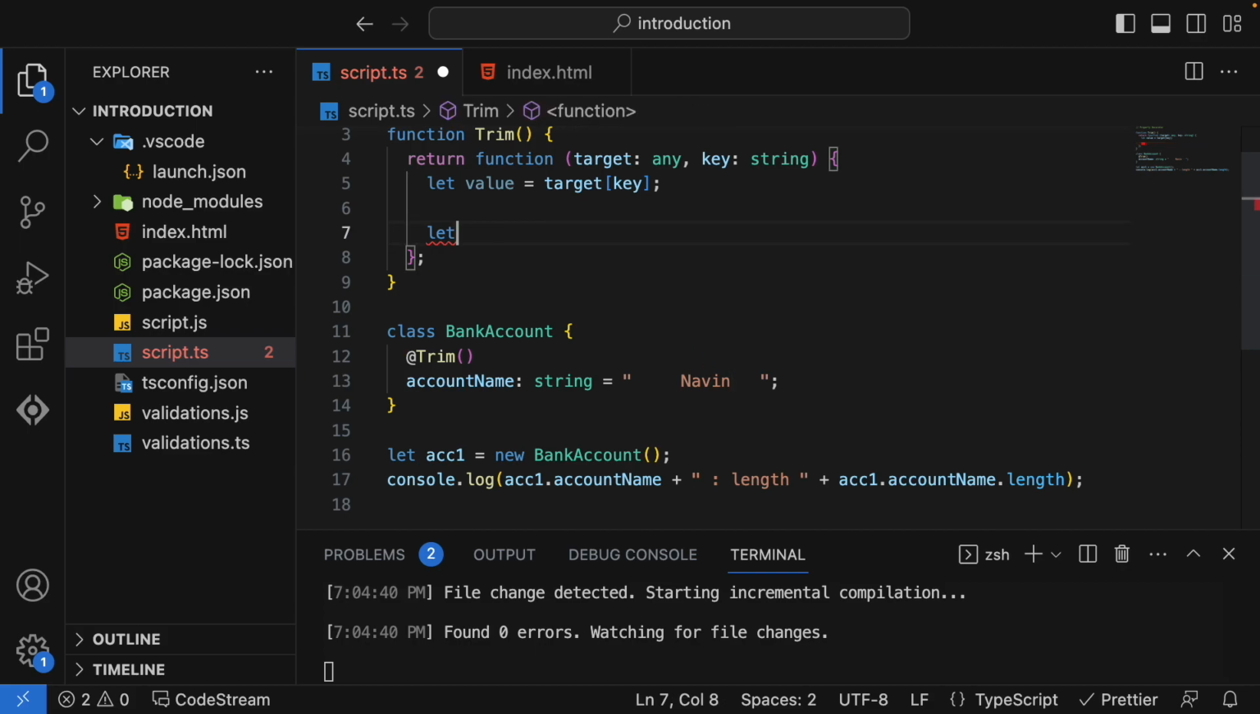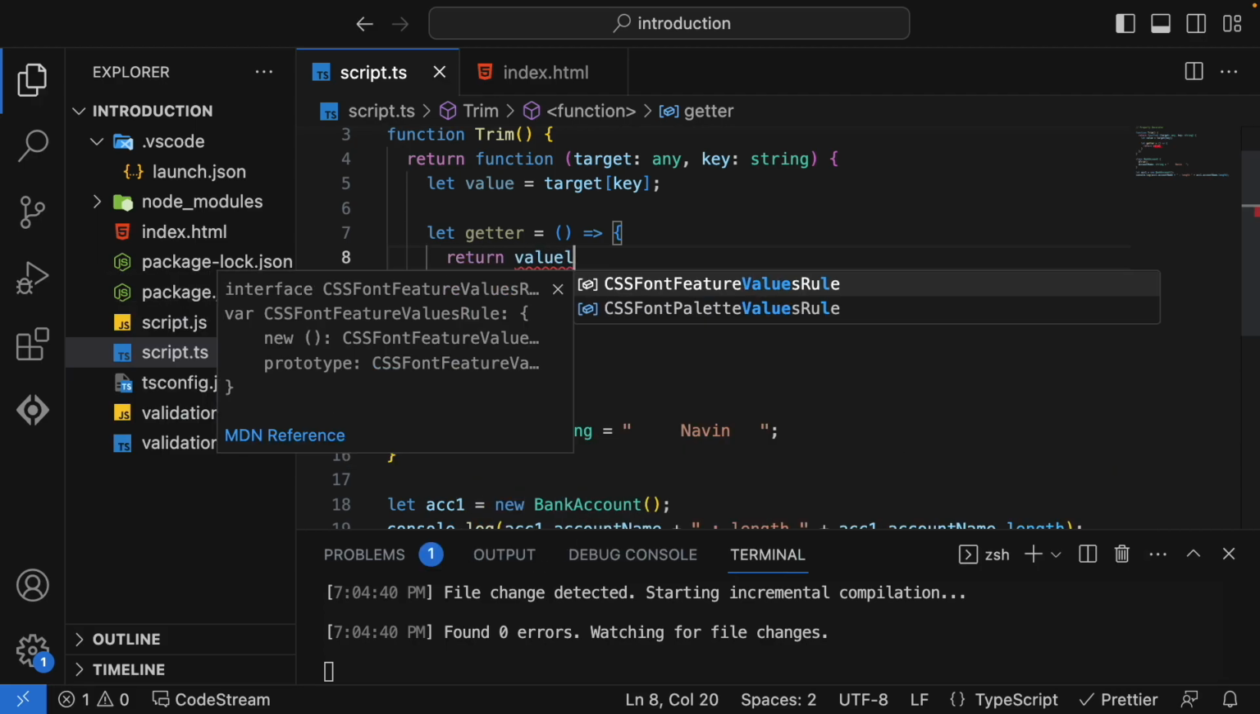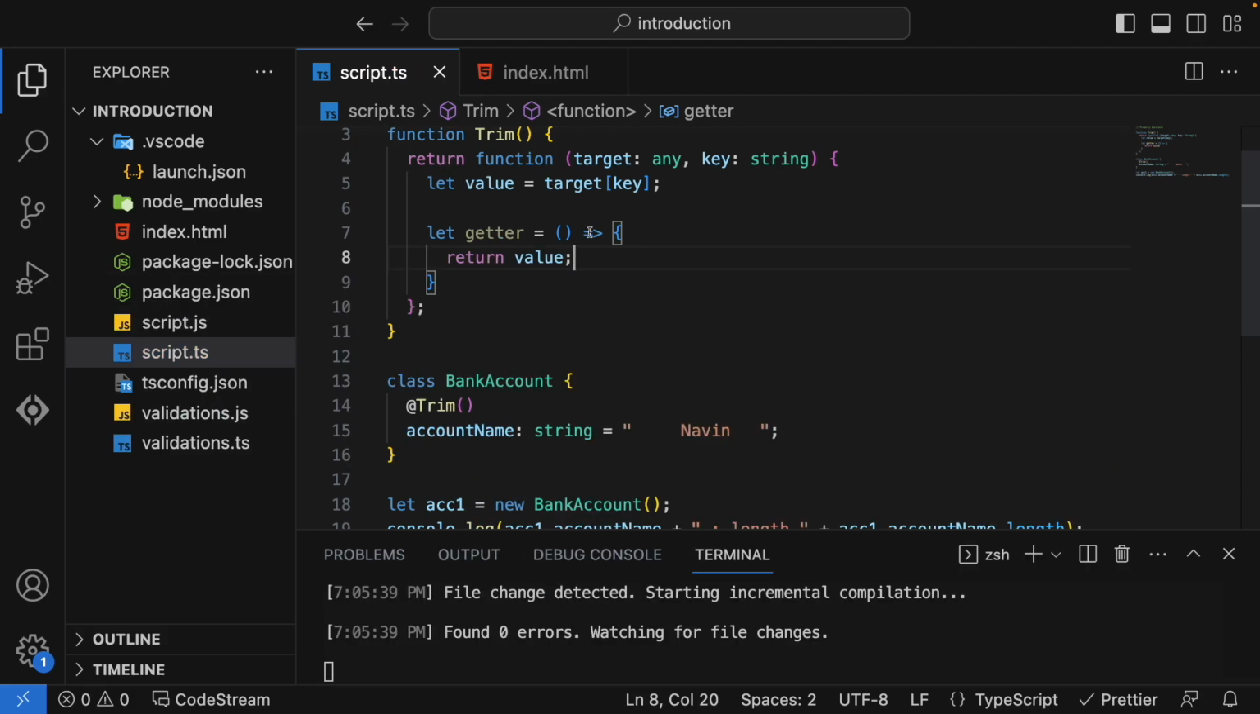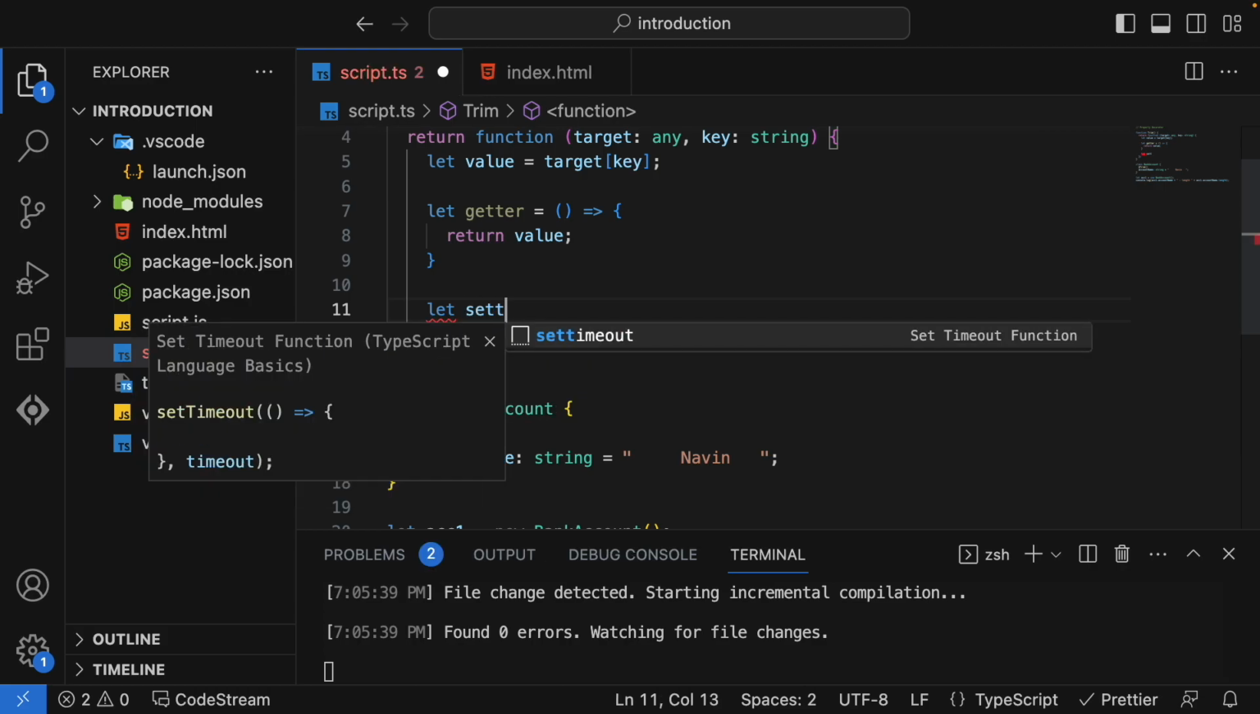So I'm creating a let getter. It is not accepting any input. I'm just creating an arrow function here to make it super simple, and it is returning this value. So what is the value present inside this property? I'm going to return it. And for